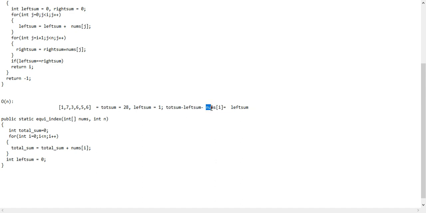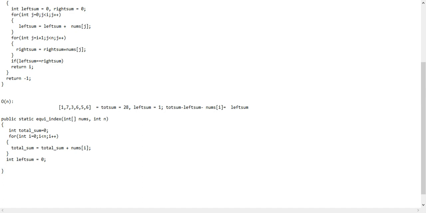If I'm subtracting the current element where I am right now, it is because I don't have to consider that element, since I am considering that element's index as my equilibrium index. If I subtract that and the right sum is equal to the left sum, then this is my equilibrium element and this I position is my equilibrium point. I'll explain this through code as well.